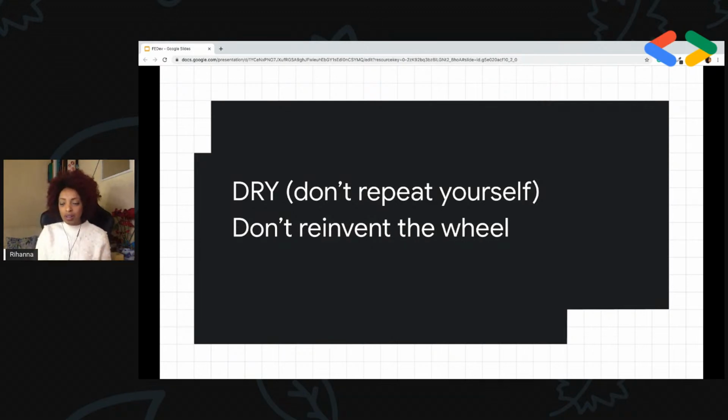At some point, one of the things we will see is to avoid repeating ourselves. So don't repeat yourself, meaning don't repeat the same tasks over and over again for different projects, or in your same project. And the other main principle when it comes to web development is don't reinvent the wheel, because